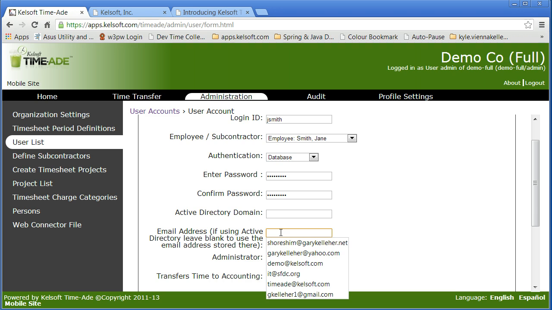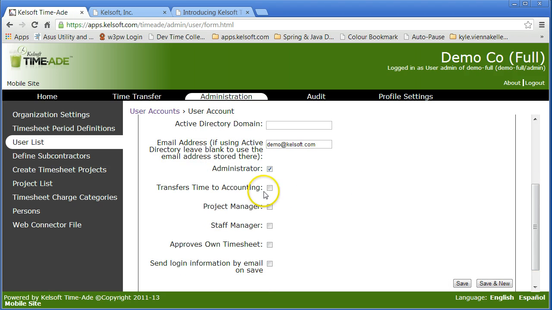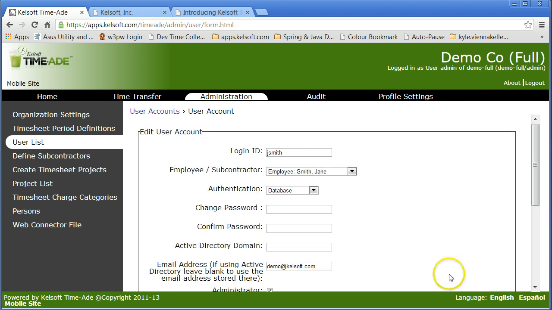And we'll give Jane an email address and all the privileges to run Time-Ade. And she's an administrator, so she won't need the admin account to log in to do this stuff that we're doing here right now. Transfers time to accounting, project manager, staff manager, and as the owner of this company, she gets to approve her own timesheet. We'll save that,